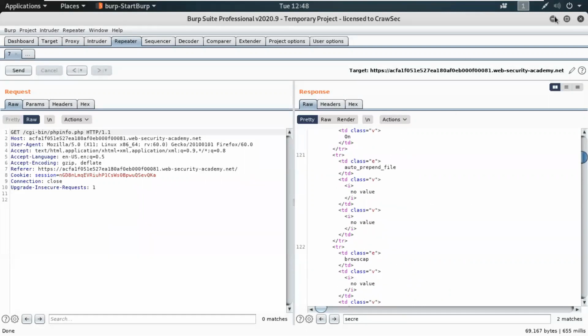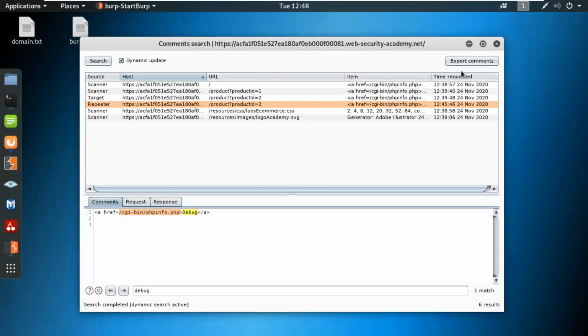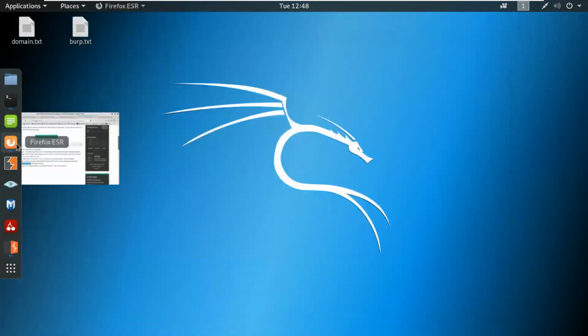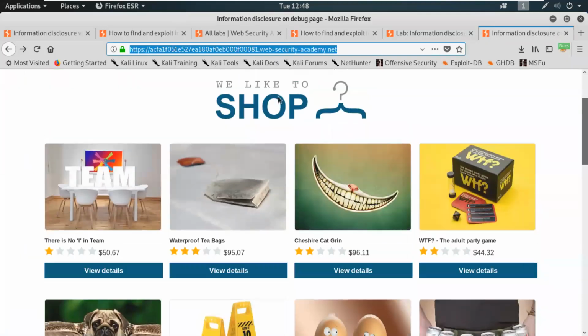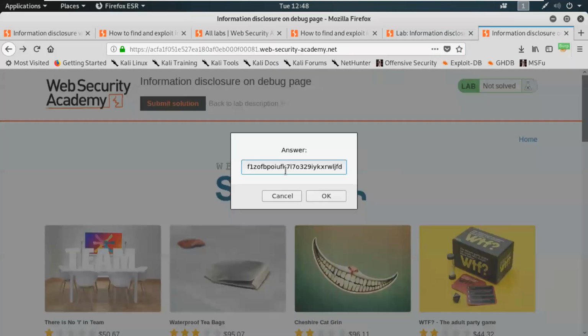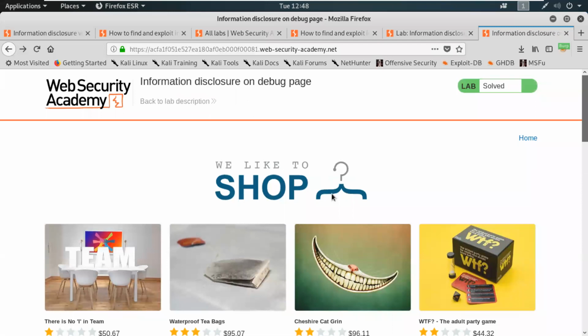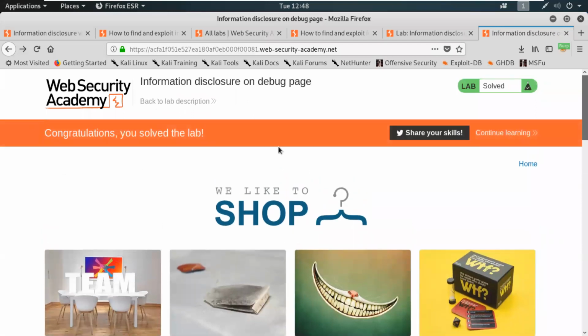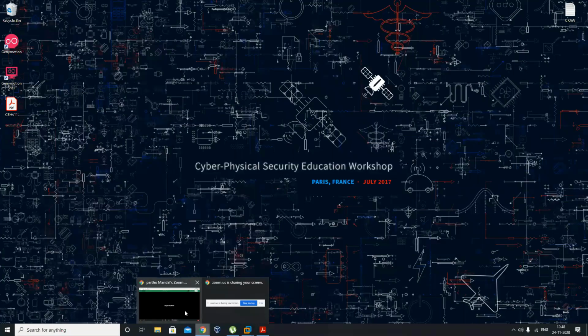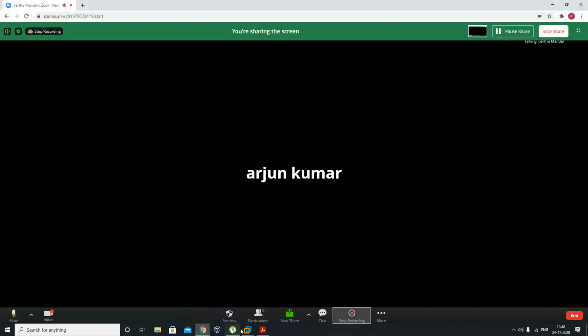So let's try over here. So this was, yeah, submit the solution. The proper information that we can look for is in the backend process. That could be worked through one by one.